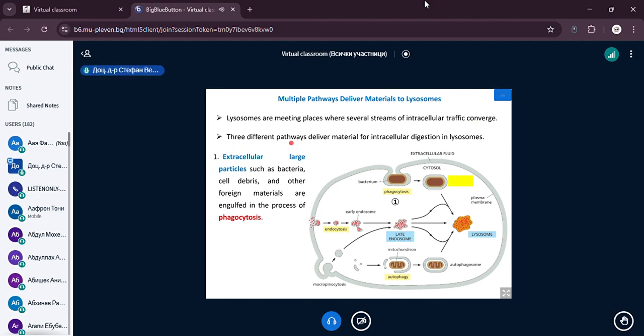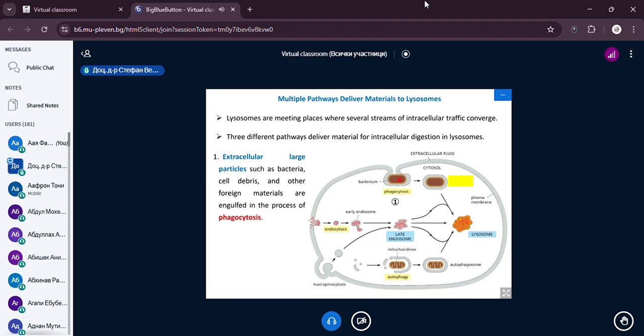Basically, three different pathways are described to deliver such material for digestion in the lysosomes. Here you see a diagram showing the first mechanism, which is the mechanism of degradation of large extracellular particles, such